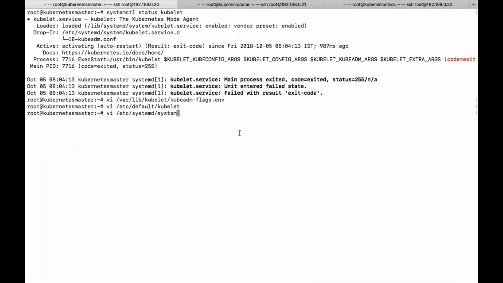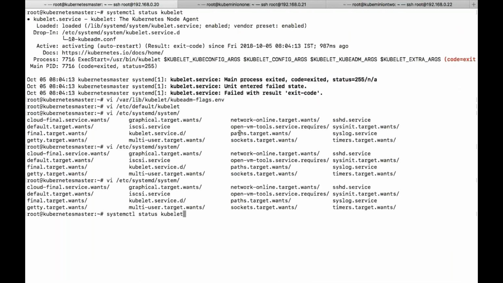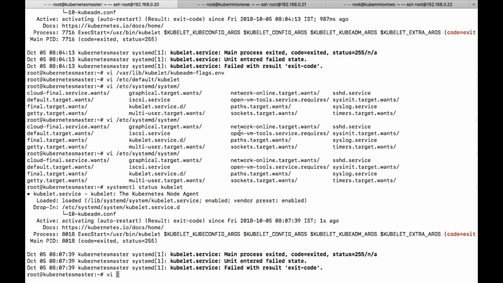What we need to do is go to system, and then, oh my goodness, I lost it somewhere.